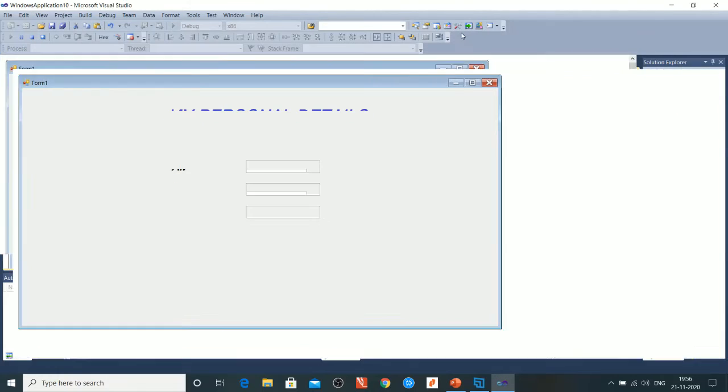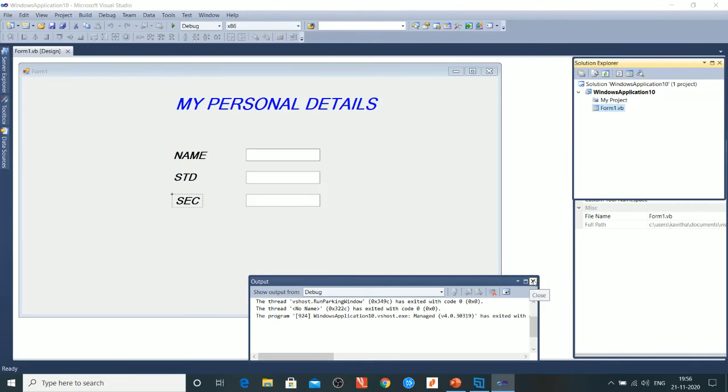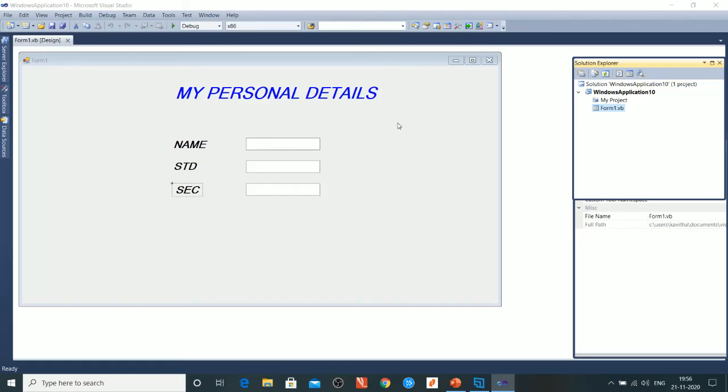Okay. Next, let us see another program. Now we are going to do a simple arithmetic calculation with the help of text box and label box. For example, let us take a system that gets input of 2 numbers from the user, adds the 2 numbers and gives the output, the addition of 2 numbers. We are going to do the addition of 2 numbers program now. For that, I will explain how to do it.